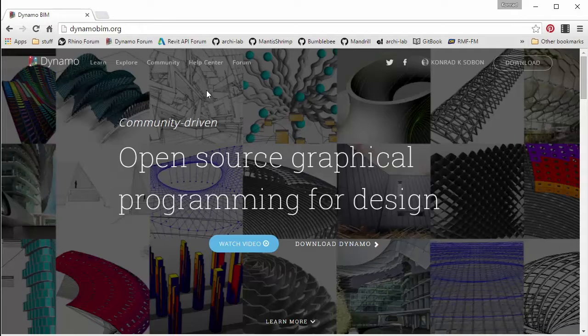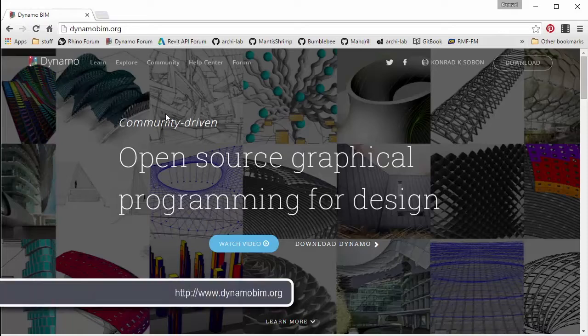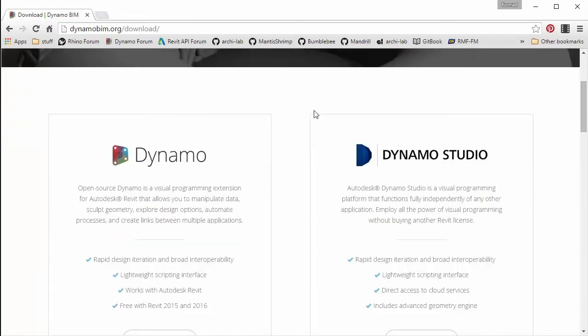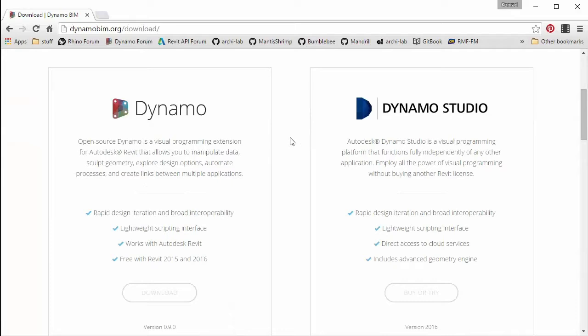So let's get started. First thing I want everyone to do is come over to the dynamobim.org website. We already talked about this page in the intro a little bit. All the way on the right, in the right hand corner, there's a download link. If you navigate to that page, it will give you an option for downloading 2 of the Dynamo versions. And if you have Revit installed on your machine, there's a chance that you already have Dynamo pre-installed with it. So this version here on the left already comes with Dynamo. And there's a different version of Dynamo called Dynamo Studio, which is a standalone application you can purchase separately and install on your machine.